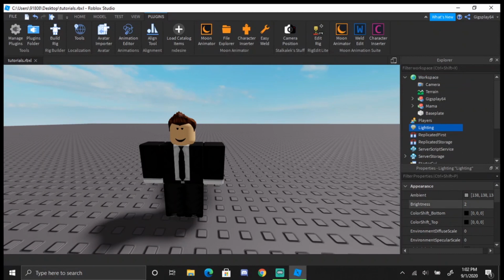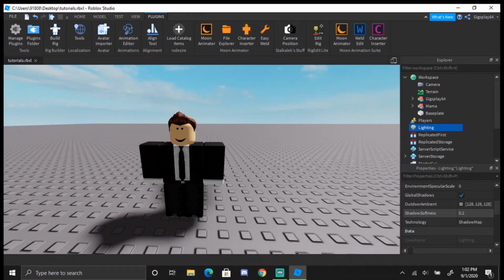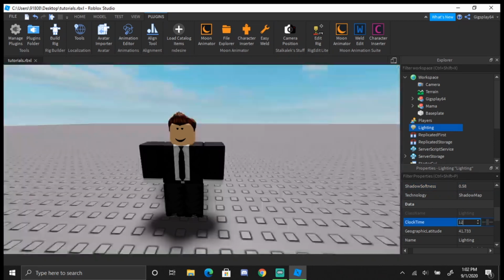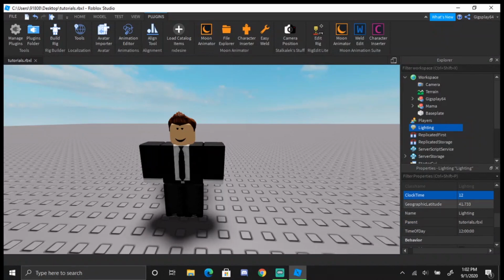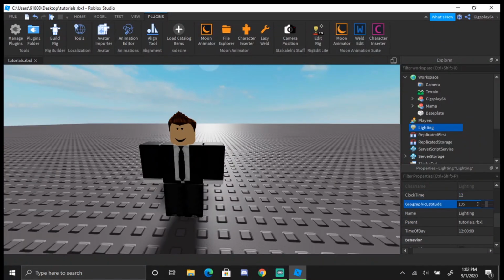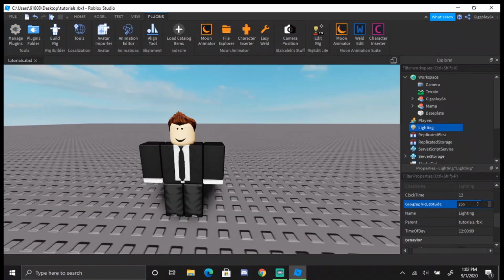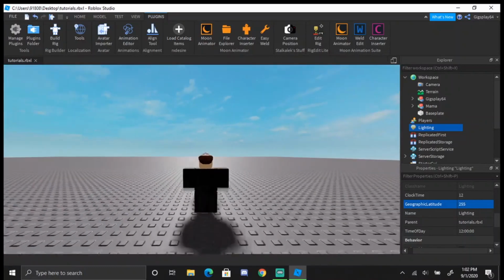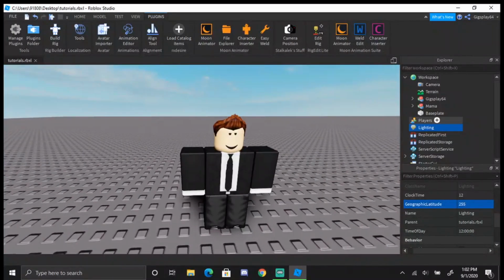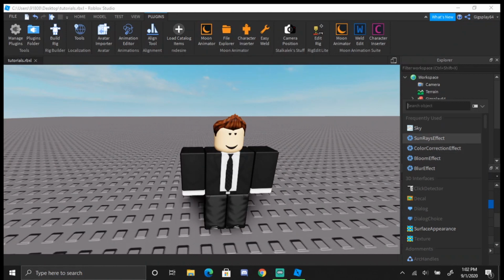First of all, let's get some things sorted with the lighting. How about 4 is the brightness? You like to play around with it. Let's keep the softness a little bit more. The clock time is going to be 12. Geographic latitude. I want the sun pointing from this side. And here it kind of looks ugly. A lot of people forget this. This is also for making games. You want sun rays,